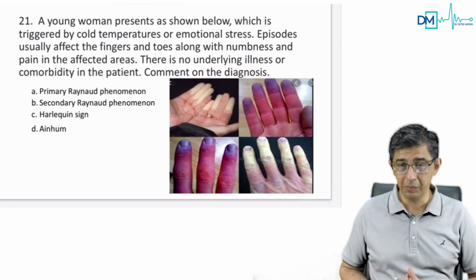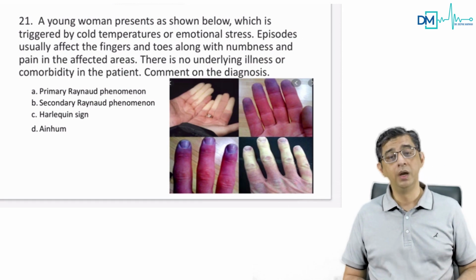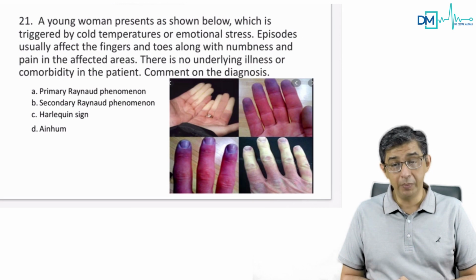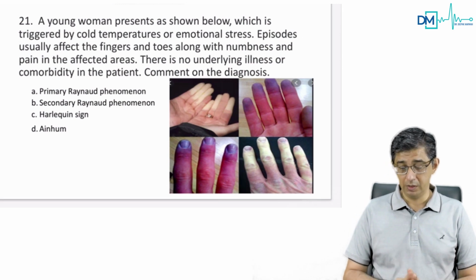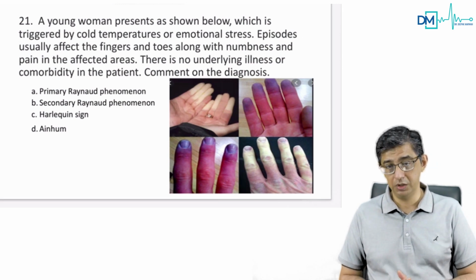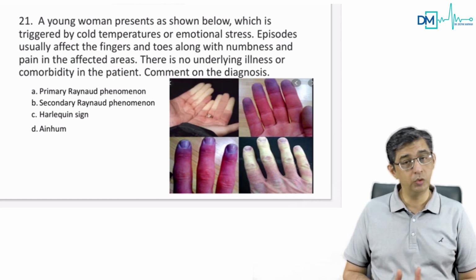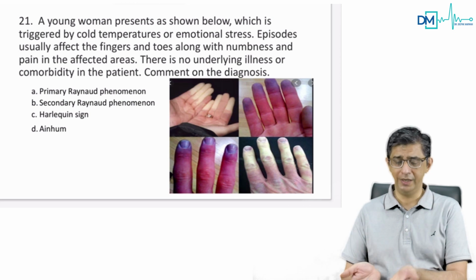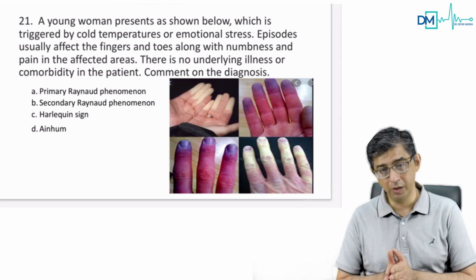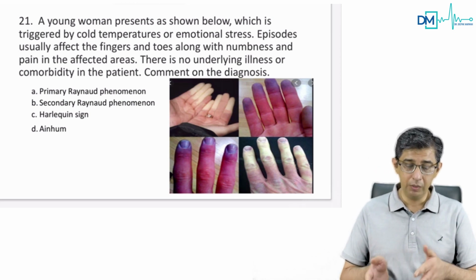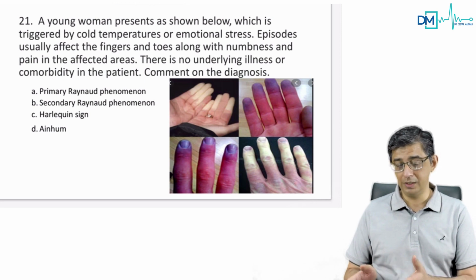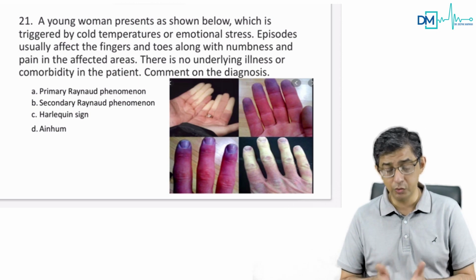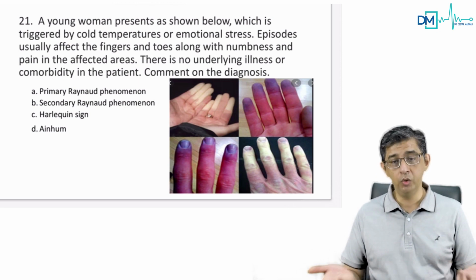Now even the surgeon will talk about it, but let me just solve it for you. This talks about a young woman who on cold temperature or emotional stress is having these episodes. You can see the finger colors changing from white to blue to red. In the previous years in the exam, they simply used to ask, what does it indicate? It indicates Raynaud's phenomenon. This time also he put up a question, but rather than simply giving an image and saying comment on the diagnosis, he put up a four-liner history, which is useless. The moment I read it, I know it's a Raynaud's phenomenon.